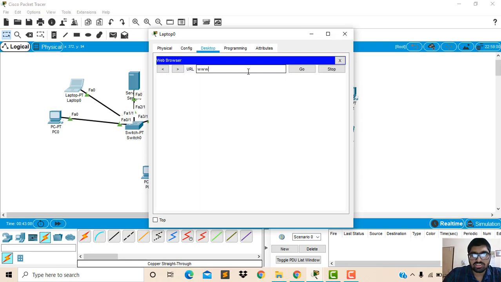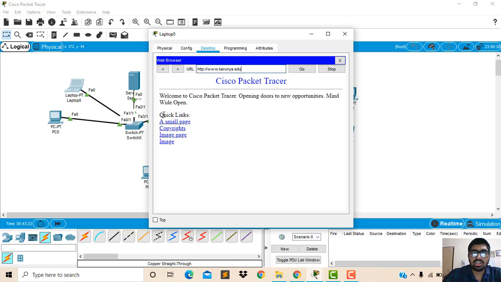Now I am entering the domain name first. I have entered karunya.edu. Here there is a response from the second local area network. It is successfully giving the information to the first local area network which the user has entered.